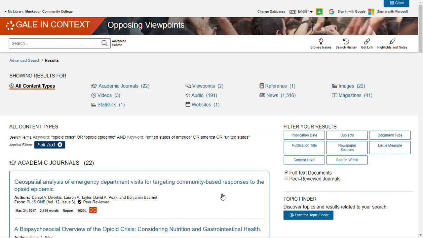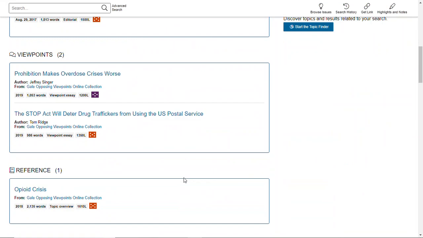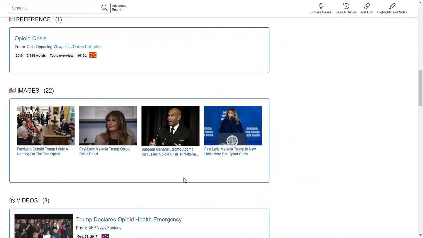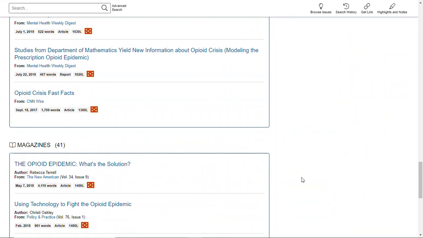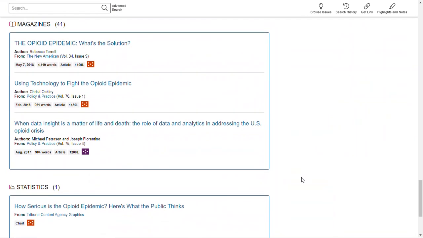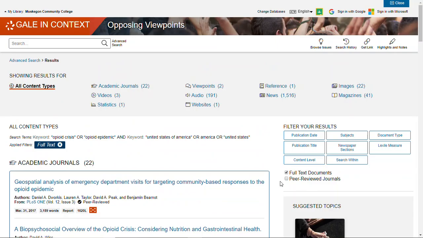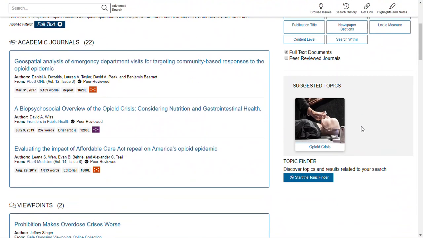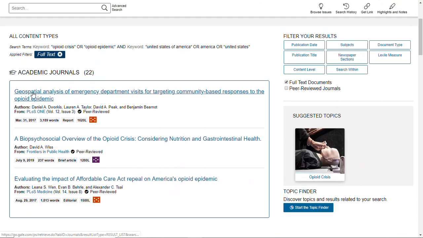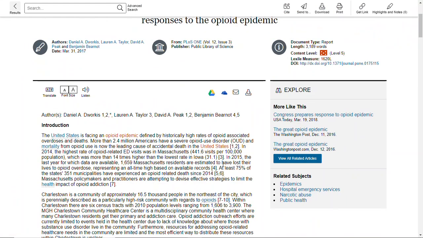Click search. I have 22 academic journals, 2 viewpoints, reference article, images, videos, audio, newspapers, that's what news are, magazines, statistics, websites. And I can filter by any of these things on the side. If I click on an academic journal, I can read through this,